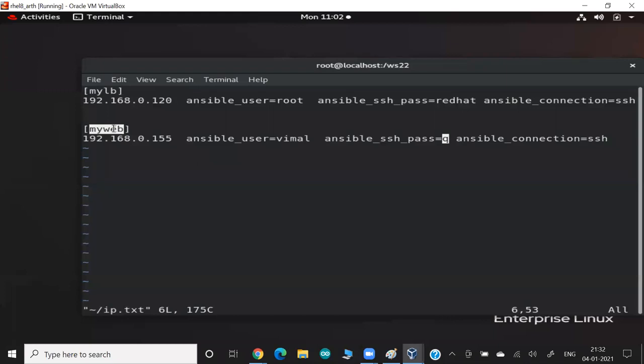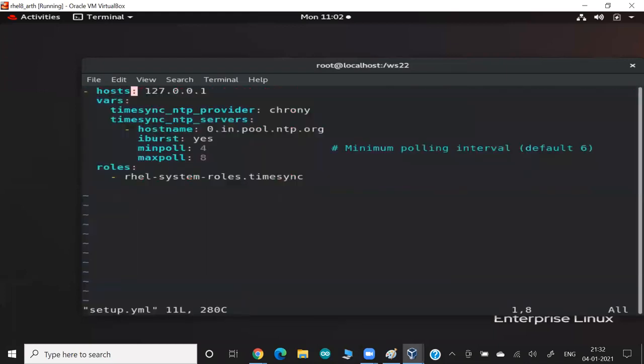So let me update my group name here. This particular role or this particular play will apply to this group, which may have one IP or maybe 100 IPs. There is one more benefit of having this group name. Maybe in this playbook you have one more play, and this play we apply to some other group. And to this group we again apply some role, or maybe the same role,